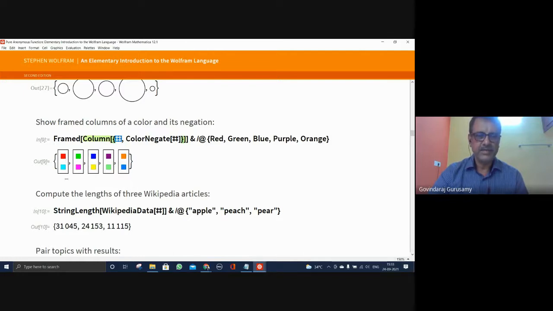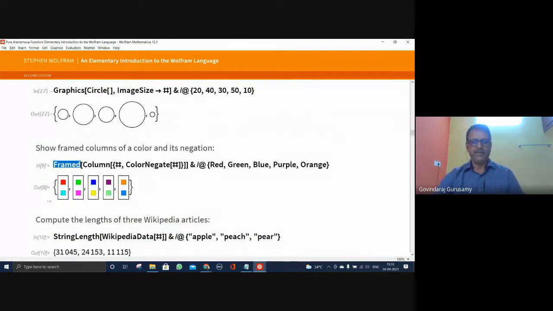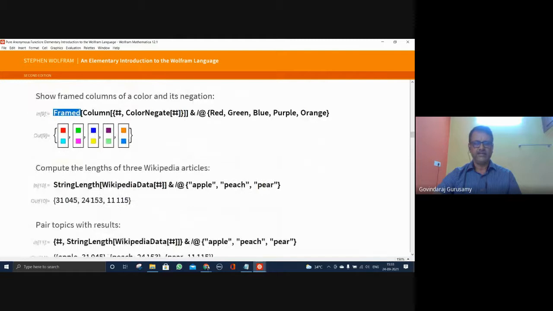It must be put in a column form with the frames, which is framed. Frame 1, 2, 3, 4, 5. 1, 2, 3, 4, 5 are the frames given. And if you wanted to make each one of them, then you have to make the same statement every time, with the red separately, green separately, blue separately, purple separately, orange separately. In the column form, the table, then framed table you have to make, and then you can get it by typing it as 5 times.